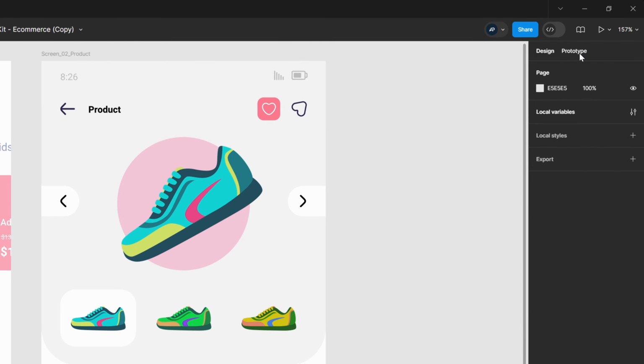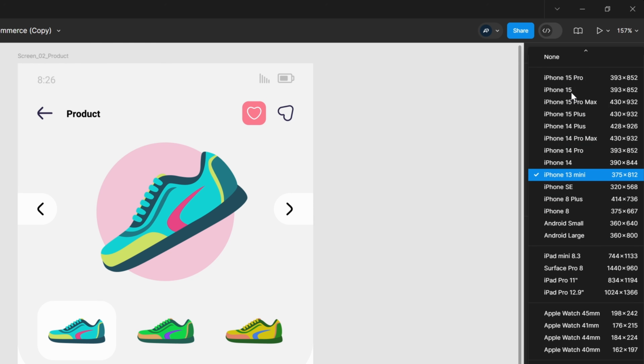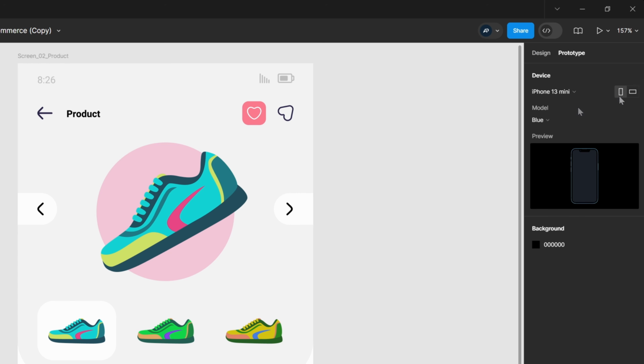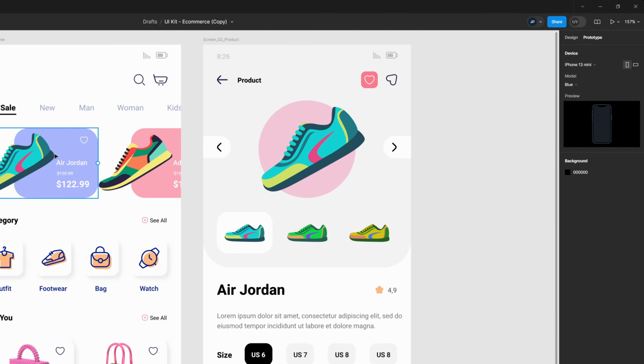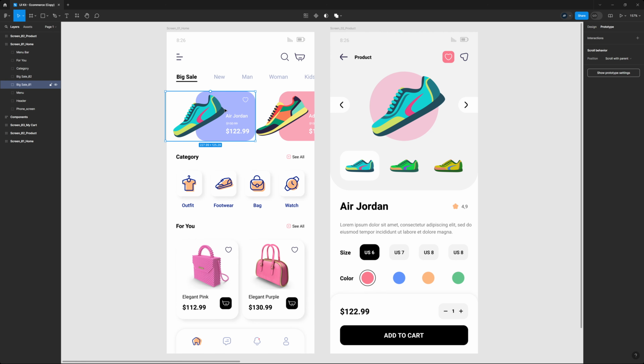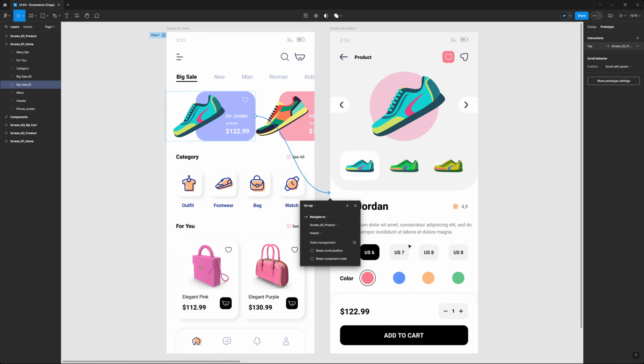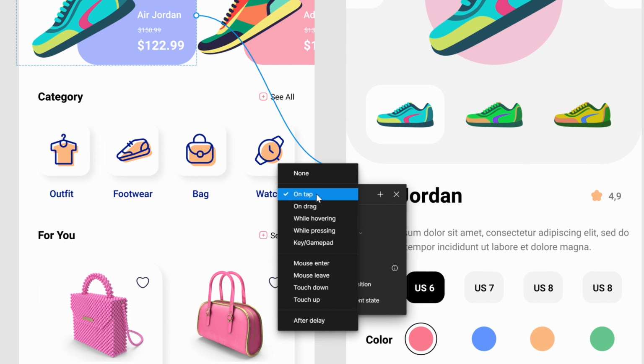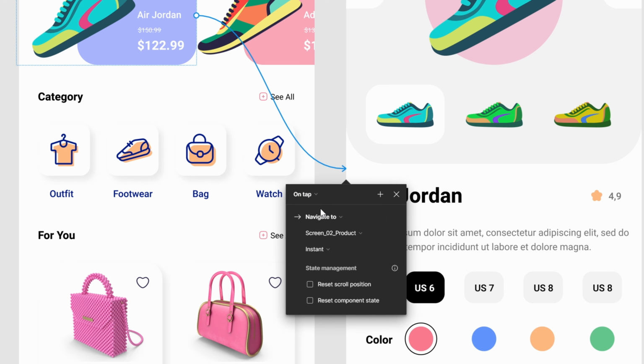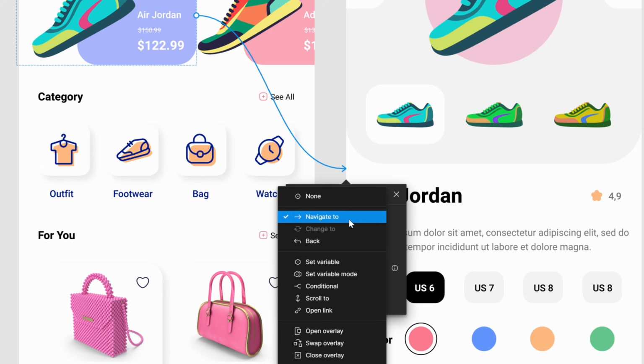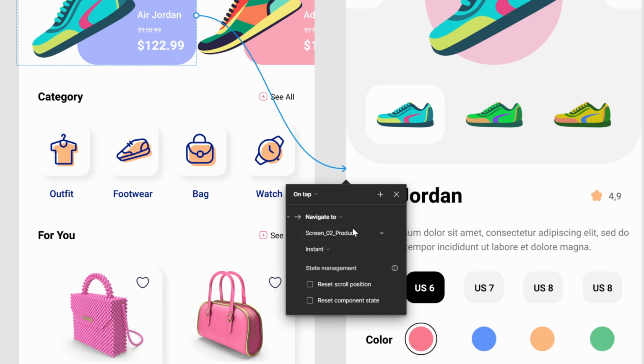To do that, we go to the prototype tab. Here we can choose a device that we can preview our project on. And also if we wanted portrait or landscape, there are a lot of settings here. But basically we select the element that we want to act as a trigger. In my case, it's this image. And then we just click and drag onto the screen that I want to navigate to. And in this dialog, I select the trigger. In my case, it's on tap or on click. And what do I want to do? I want to navigate to screen 02 product, which is